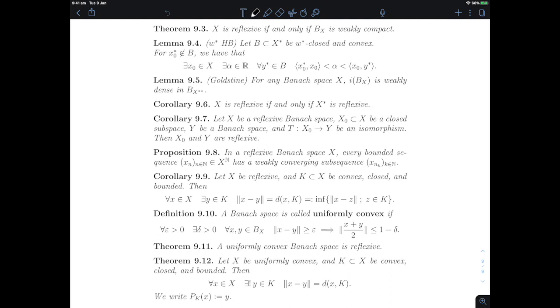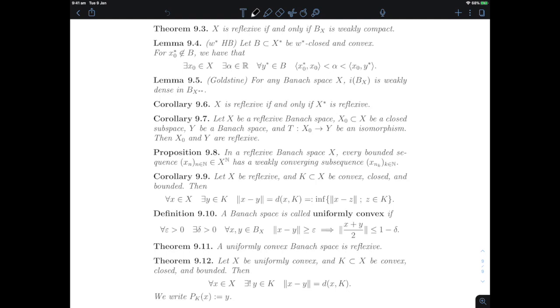So in this video, we will see applications of our compactness result in reflexive Banach spaces. We know that sets that are convex, closed, and bounded are weakly compact. What we want to get is the ability to extract a weakly converging subsequence from a bounded sequence in such a set. Now, this is not a direct consequence of the weak compactness because we don't know in general whether or not the weak topology is metrizable.